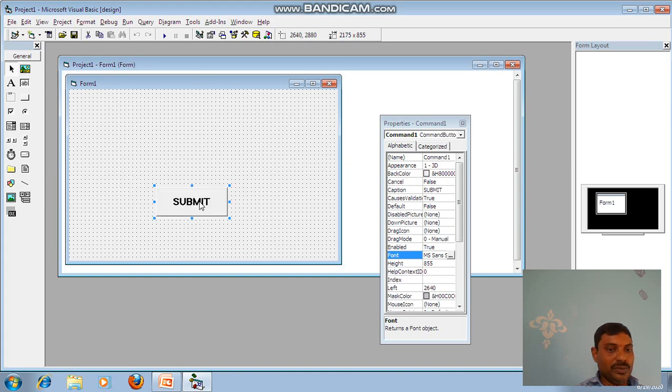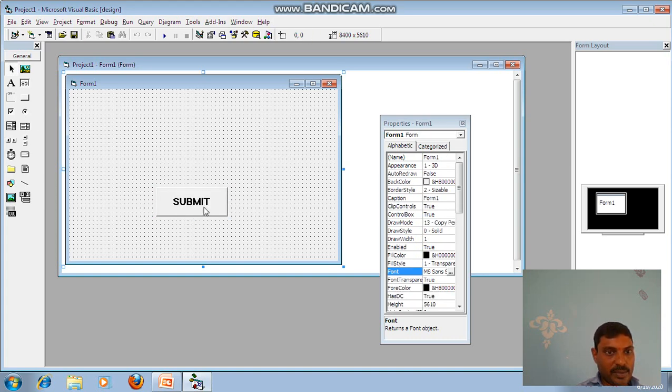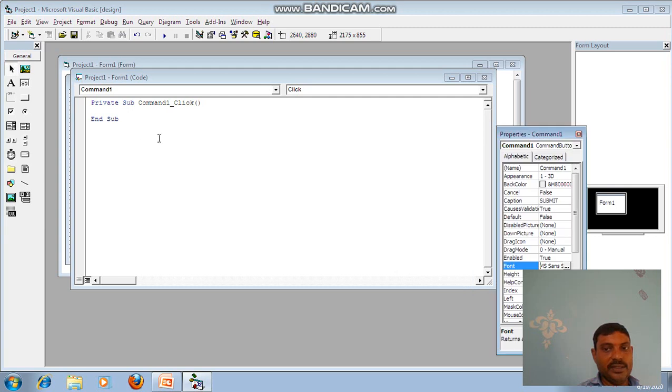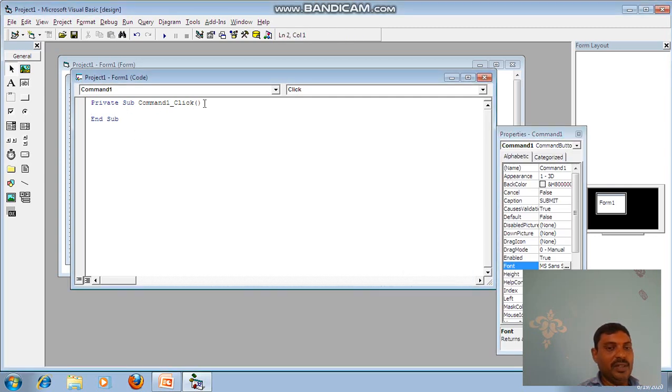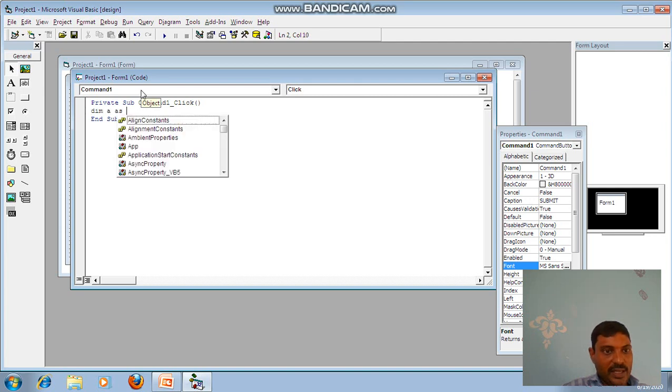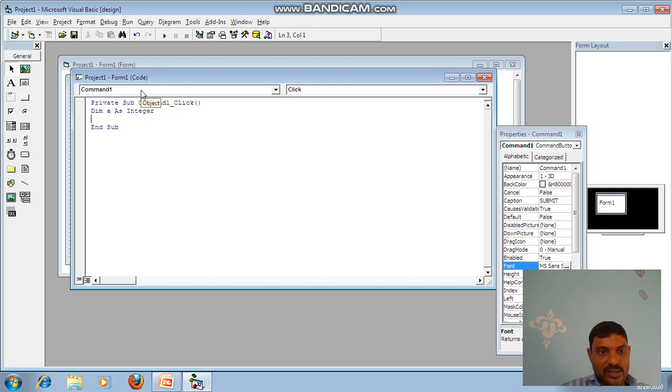I'm double-clicking this command button to write the code. Here, Private Sub Command1_Click. Command1 is the name of the command button. Here I'm declaring one variable: Dim a As Integer. How to create this variable I will explain in the coming classes. Then a equals InputBox, "Enter any number".